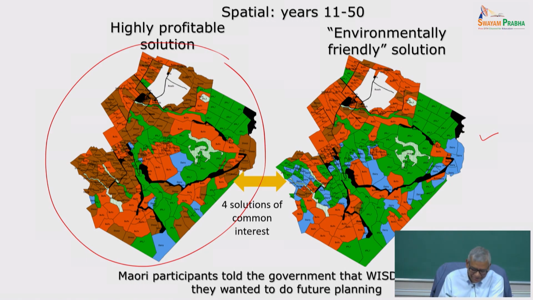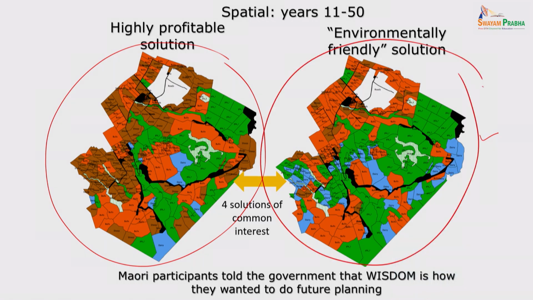I learned very quickly. So I said, okay, here is a solution we found. They look at it, look at their profit. I think I said it the other way: this one we did first with the Maoris, because this is the one they will not like. This one doesn't have much profit, but it's good for the environment, good for the policymakers. They said, no, this is not going to bring enough money for us to feed our families. So no, we are not going to do this.